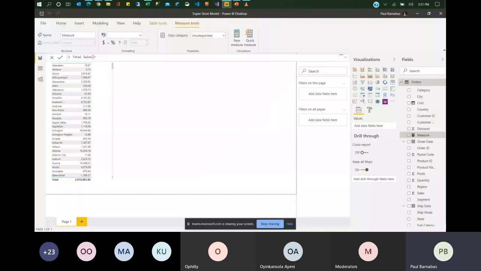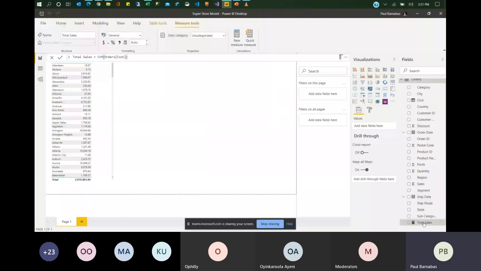So sum adds all the numbers in a column together. So sum, I want to sum up the column cost. So you see it also referencing the table name and then also the column name. Commit. So you can see, this is the new measure I just created.